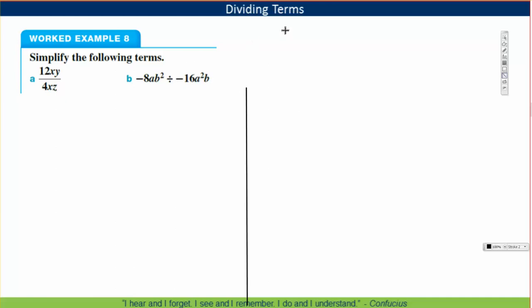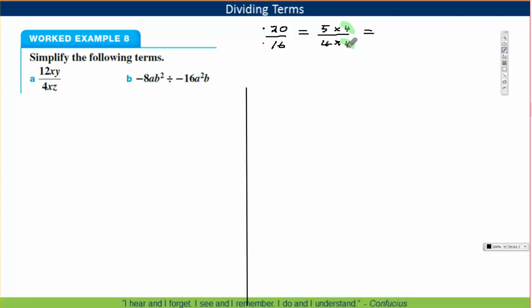Okay, now we're going to look at simplifying like terms where we're dividing by terms. So the main thing here is to remember the basics. Let's say we have 20 divided by 16. Well, 20 is 5 times 4, so we're looking for common factors, and 16 is 4 times 4. So you can see here, 4 is a common factor. 4 goes both into 20 and the 16, so we'll be left with, when we cancel those out,